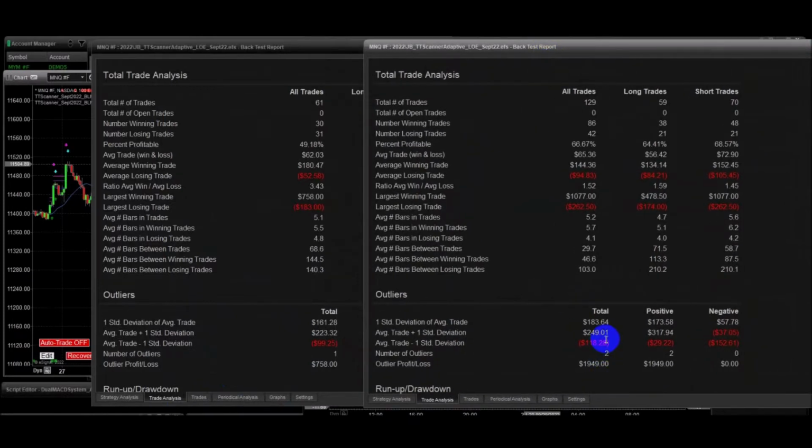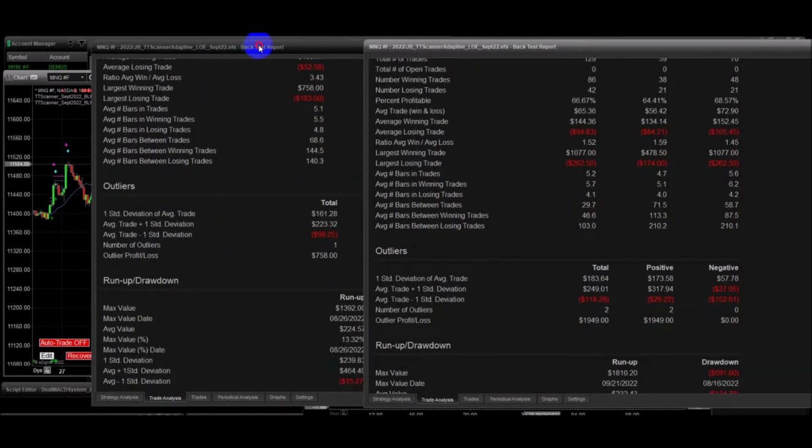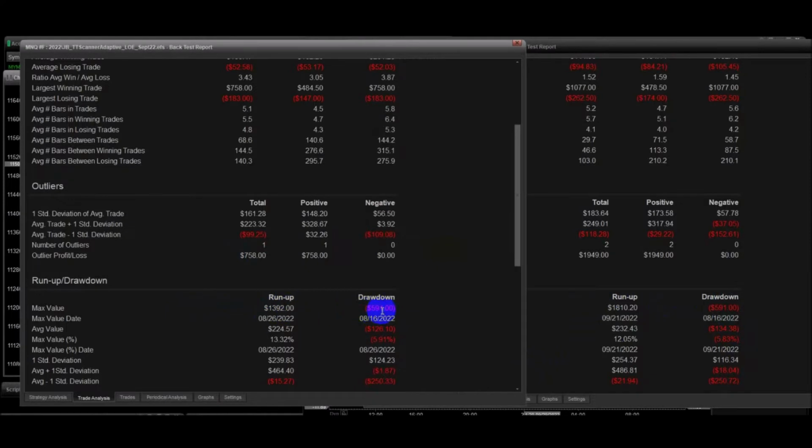So here we have an example of outliers and run-up drawdown. Let's take a look at this real quick. Outliers and run-up drawdown give us the ability to see pretty much in line here, right? Except the outlier profit loss here. This one had a much bigger profit loss than this. And you can see here the max run-up versus max drawdown. We had a $1,800 run-up versus a $591, and here we had a $1,392 and a $591. So this one's got a little bit different days. The drawdown day was the same day,